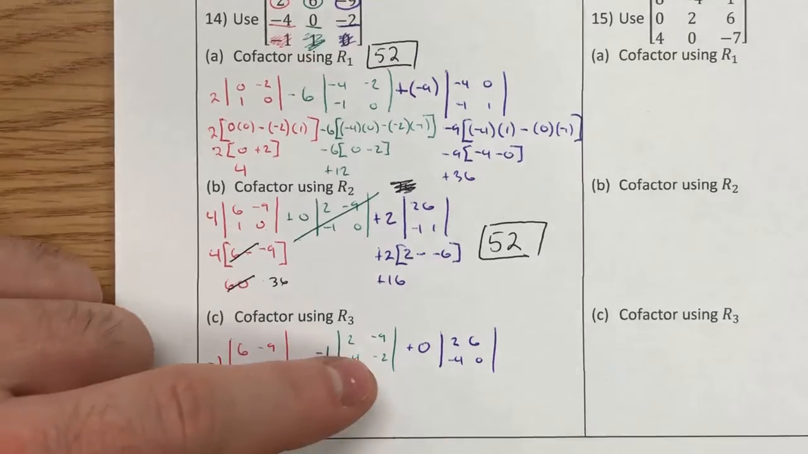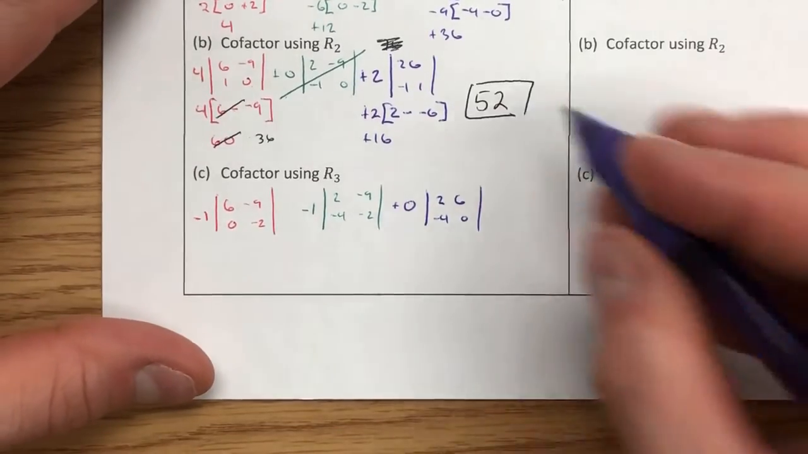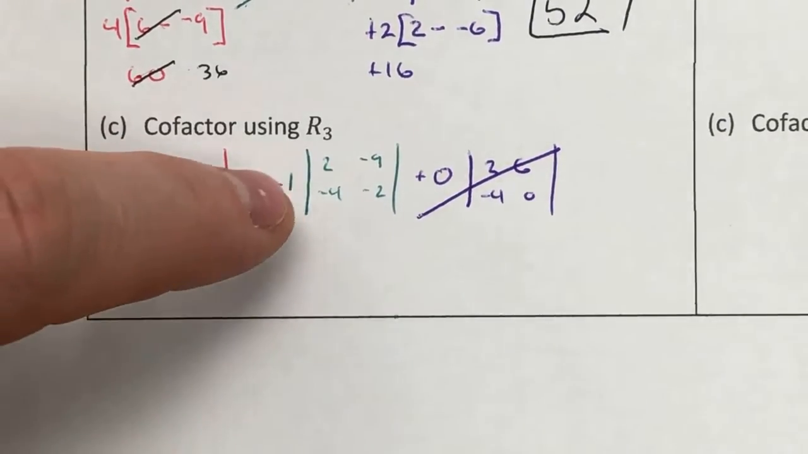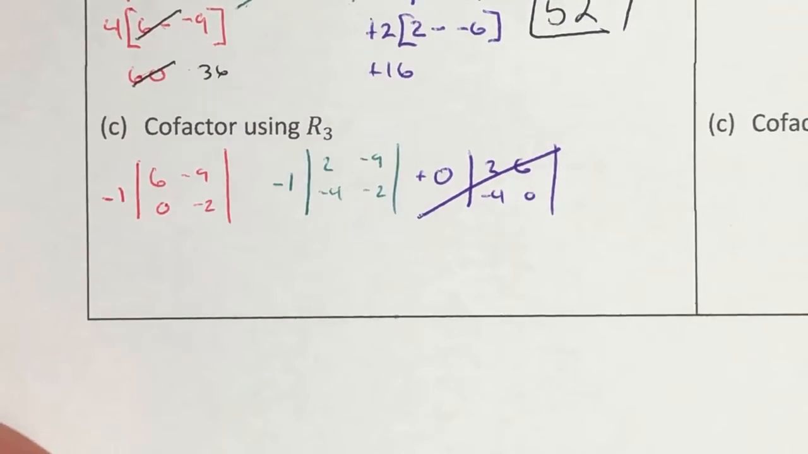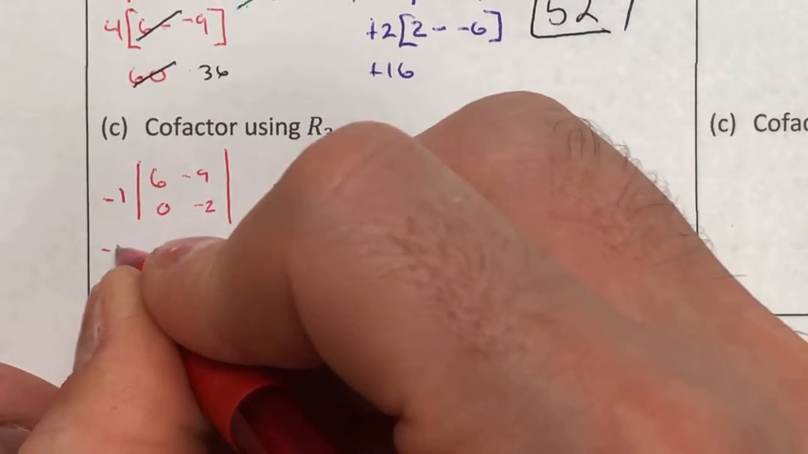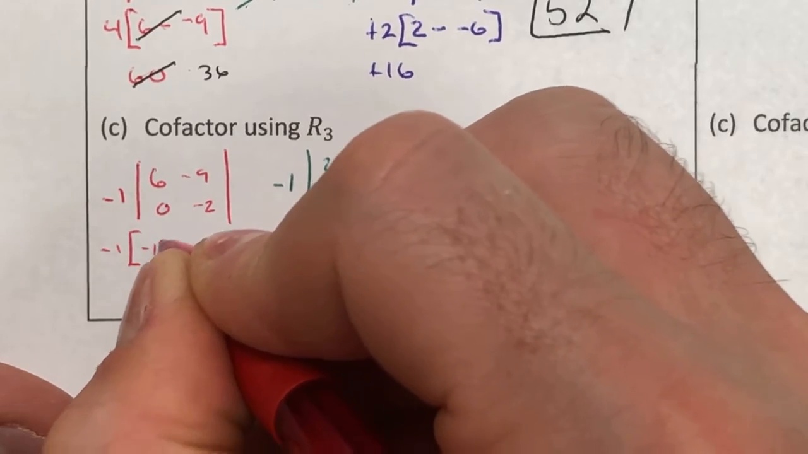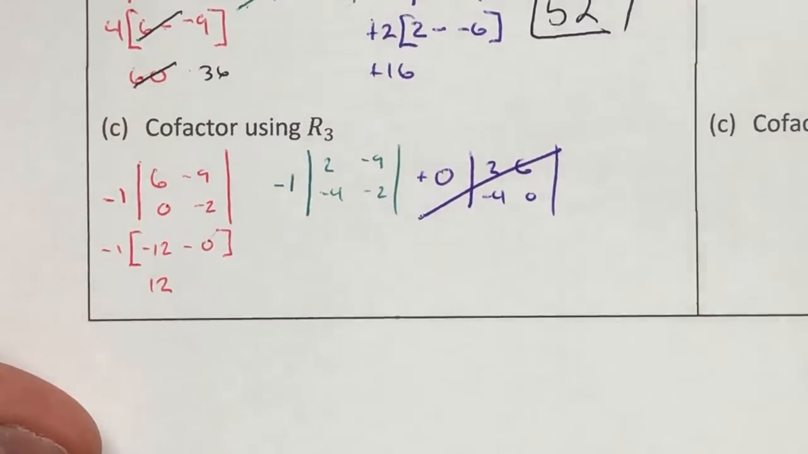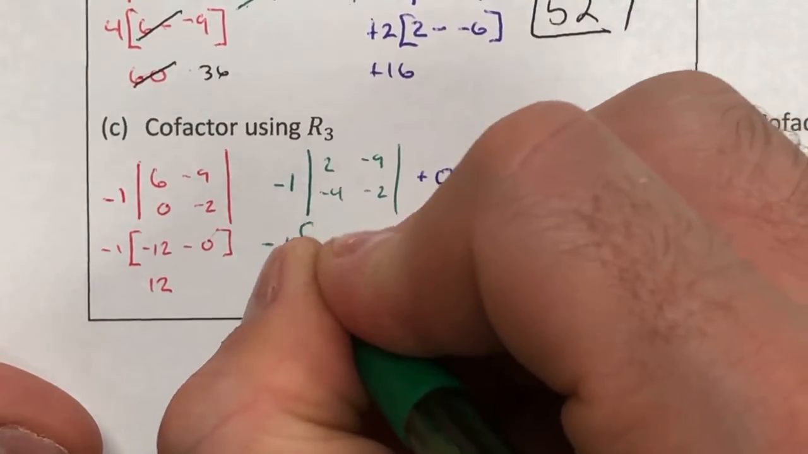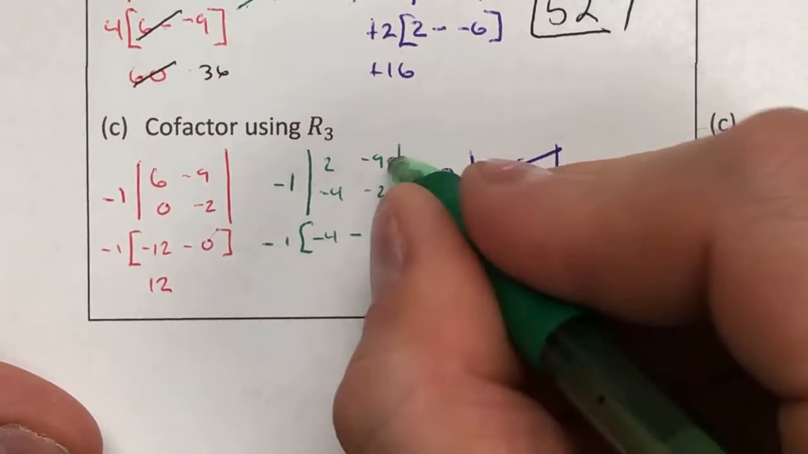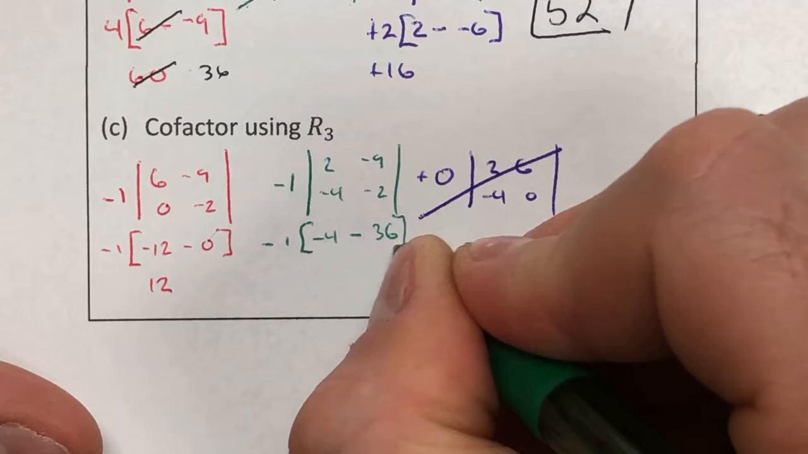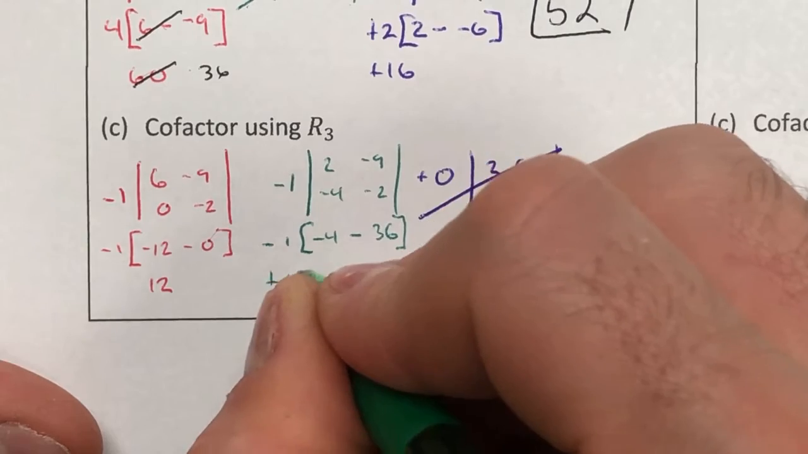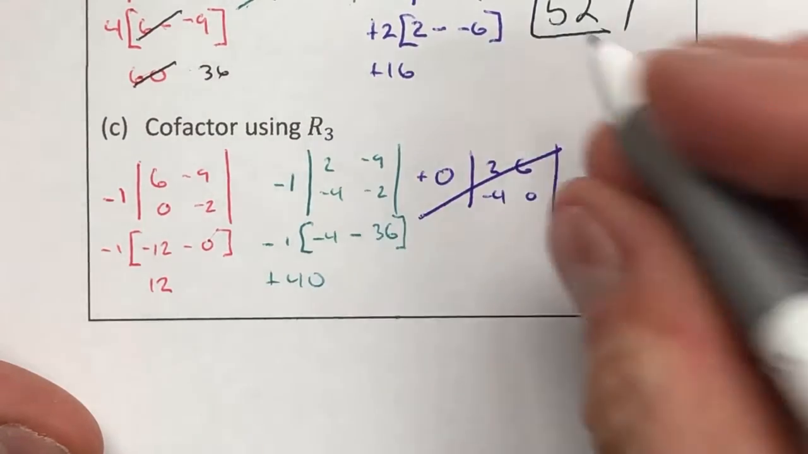The fun part right here is that we notice that we don't even need to do the third set. I can just completely skip that. It's just a minor of negative 1 times this and negative 1 times that. So the minor here is going to be negative 1 times negative 12 minus 0. So 12 minus 1 times negative 4 minus a positive 36. That's going to give us negative 40. So plus 40, 12 plus 40 is again going to be